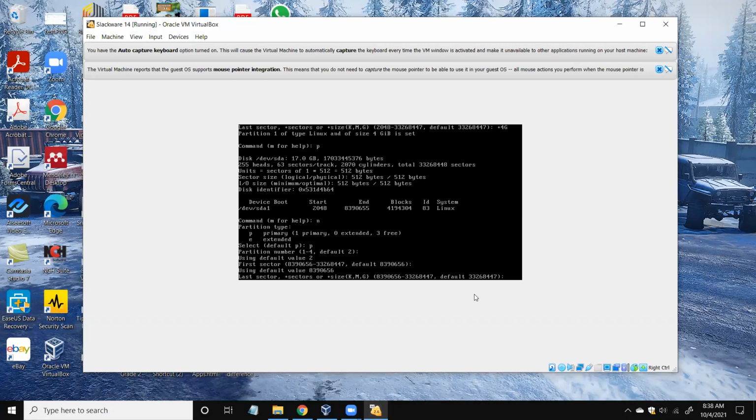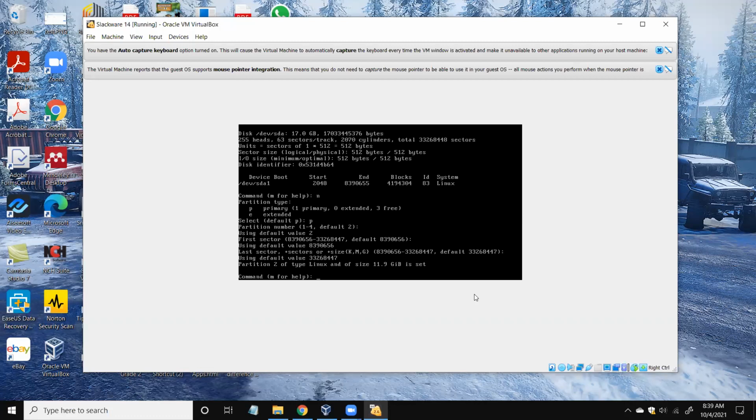The remaining full storage will be used for the installation, so the default is the last value. So I can press enter. Now 2 partitions are created.